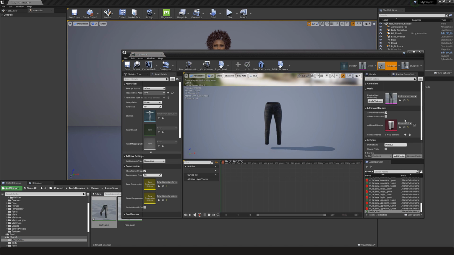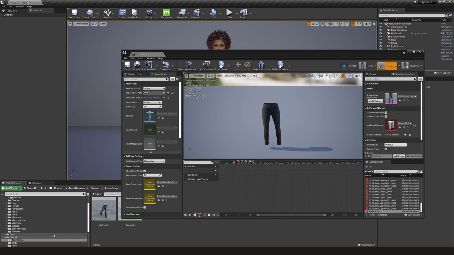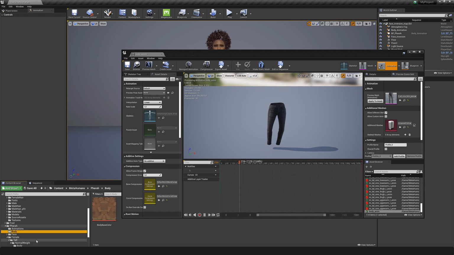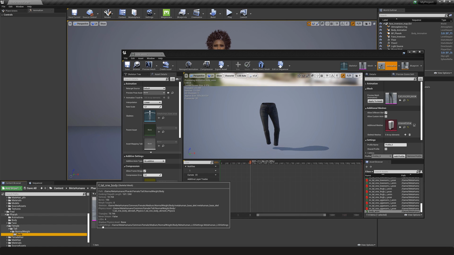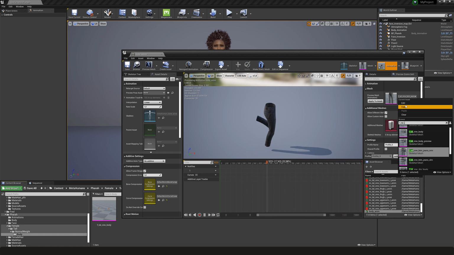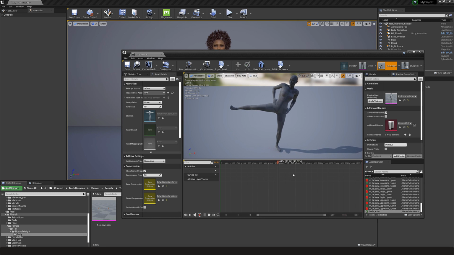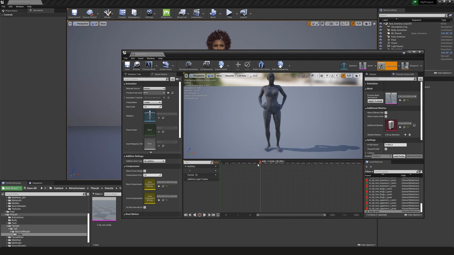You will see here a generic preview mesh, but you can choose a preview mesh for that. So I dive into the folder structure to get the body type that I have exported with my MetaHuman. Look for it in the preview mesh drop-down menu, and you should be able to find it. And make sure that you click on apply to asset because Unreal wouldn't save this preview mesh when you save the animation.